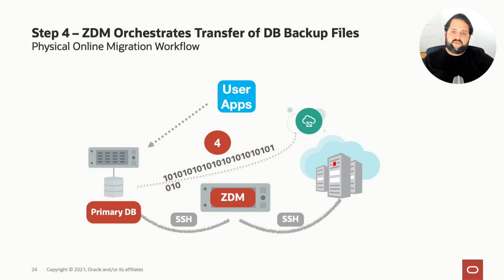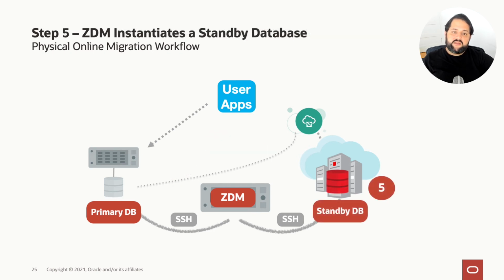Well, once the transfer happens, we instantiate a standby database on the target. So now we have an ExaCS running with a standby database in OCI, which is great. Now, this database, of course, is out of sync because it's created out of backups. However, the source database, the primary, has still been active. The application still has workloads there. So, of course, there is a discrepancy. What we need to do now is sync them up.